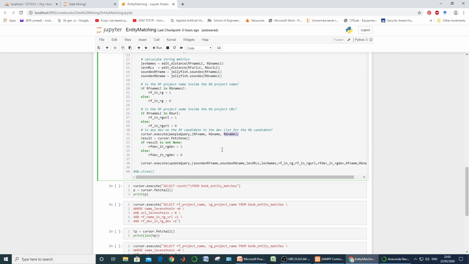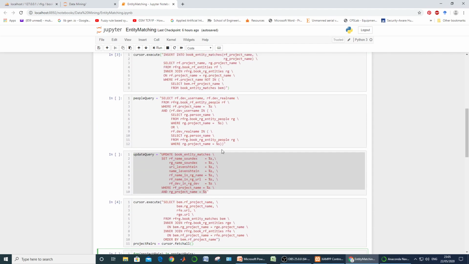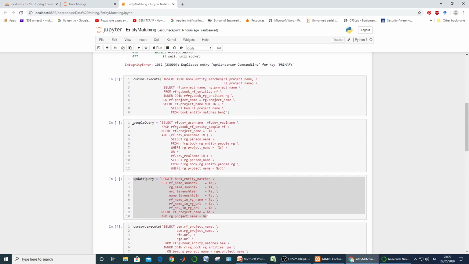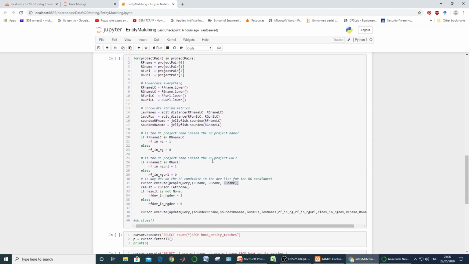It will resolve using the query which we have just discussed, that returns developer username and developer real name if there are certain developers which are common in the rf table and in the rg table.